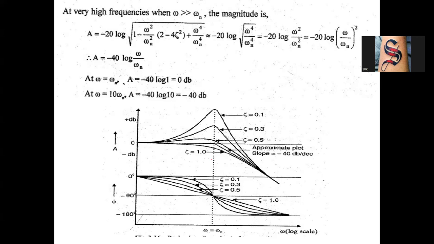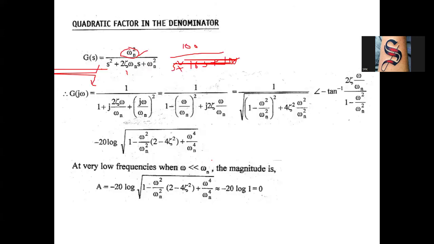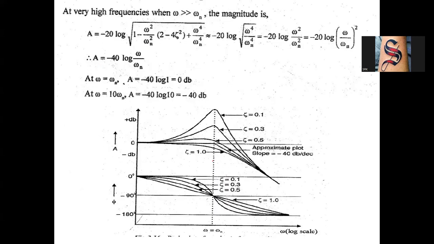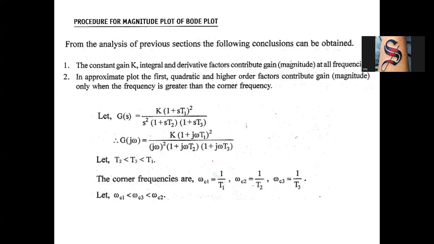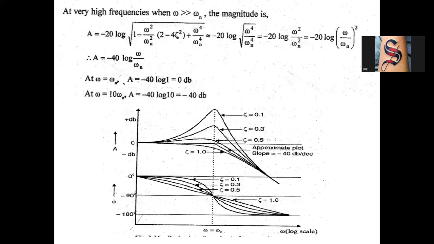Okay. So for the second order factors, please remember the corner frequency is always equal to omega n. If it is a second order in the denominator, the magnitude is 0 to minus 40 decibels. If it is a numerator factor, the magnitude is always 0 to plus 40 decibels. The phase angle is 0 to minus 180 for the denominator, and for the numerator 0 to plus 180 degrees. At the corner frequency, the phase angle is always 90 degrees only. Okay,